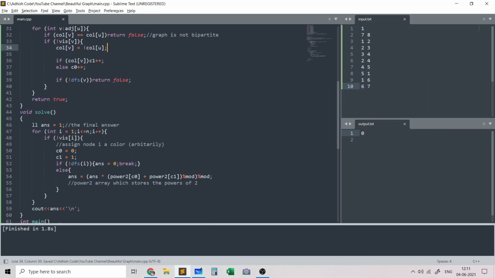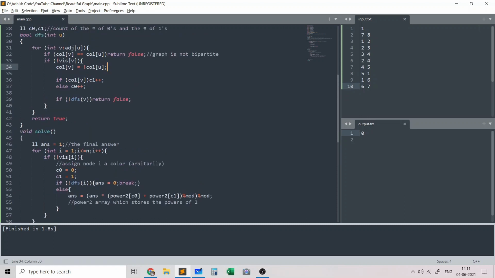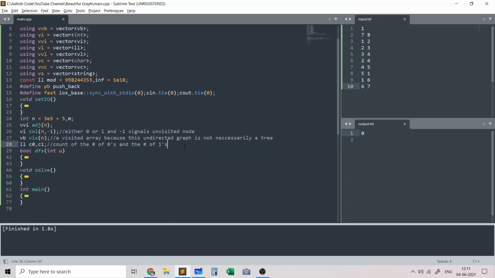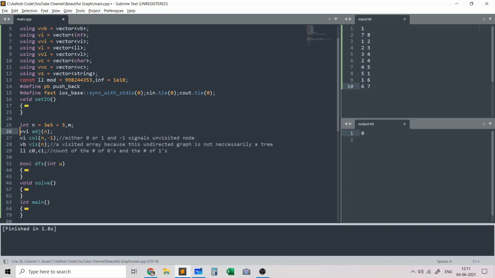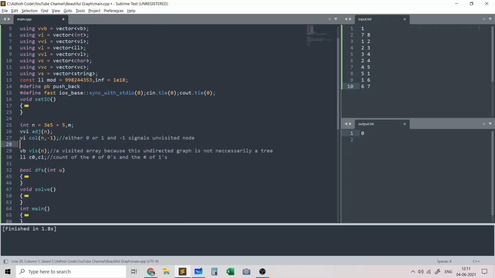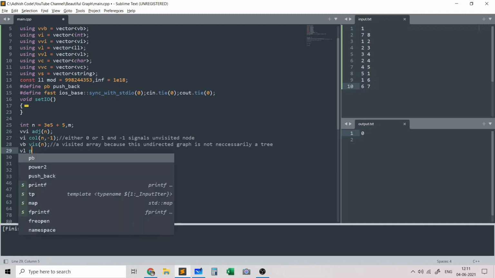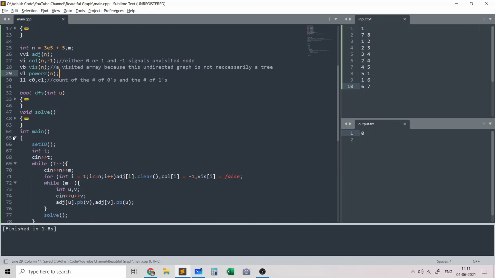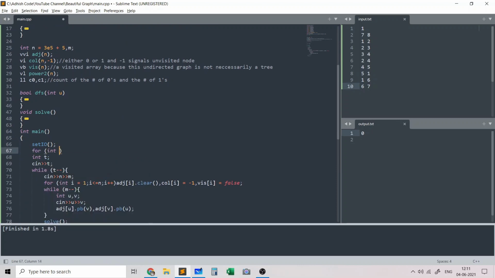And I also need to make sure that I have the powers of 2 array created. So I'll have that as a global variable or a vector powers of 2, which is of size n at most. And basically, even before I read any test case, I'll compute powers of 2 for all numbers.